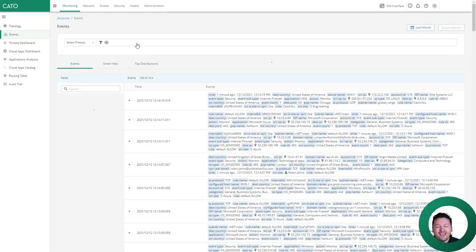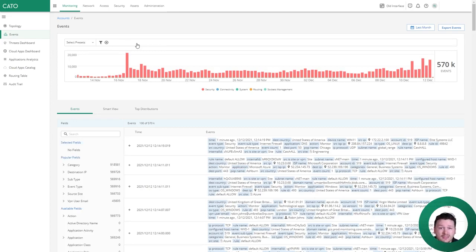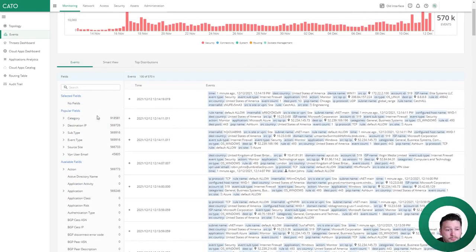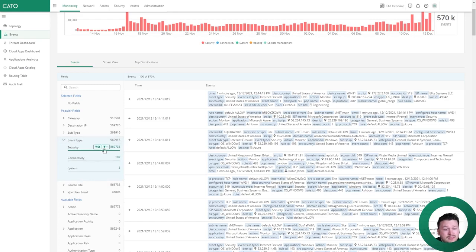But here we are. Looking at events over the last month, we're seeing 570,000 events in total. And the new Cato management application is paginating all of these events and providing them to you in a very easy to understand manner. We have the regular events view, with the improved field definitions on the left-hand side. So if I wanted to know all of the event types, I could expand that and see that they're primarily